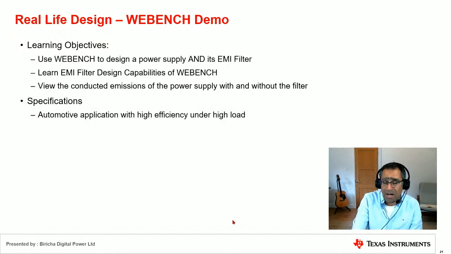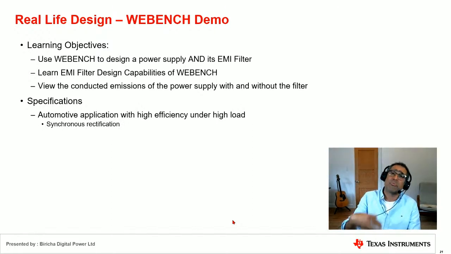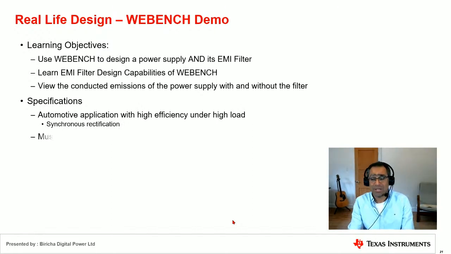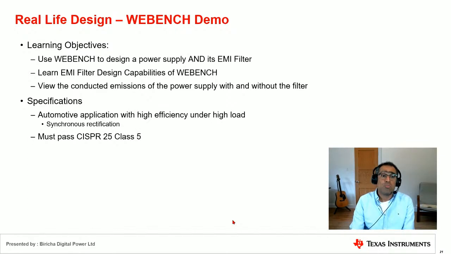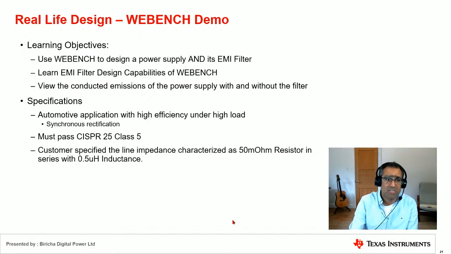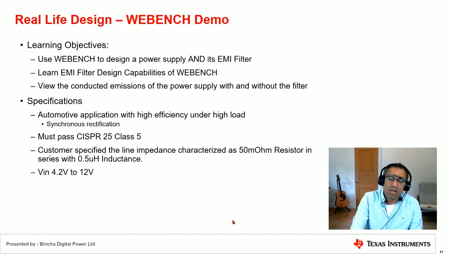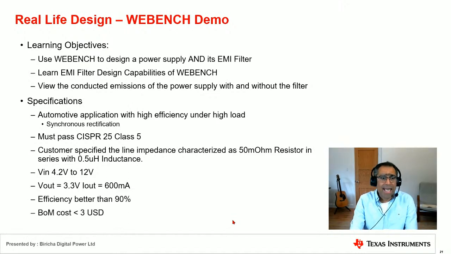So if I need high efficiency under high loads, from the previous discussions, we're looking at synchronous rectification. Then you must pass CISPR 25 Class 5, which is an automotive standard. And then the customer has specified the line impedance as 50 ohms and with a series inductance of 5 microhenries. Okay, then the input voltage is going to be between 4.2 volts and 12 volts,